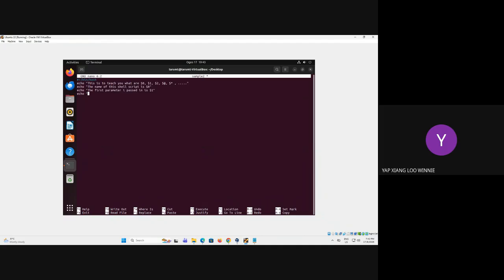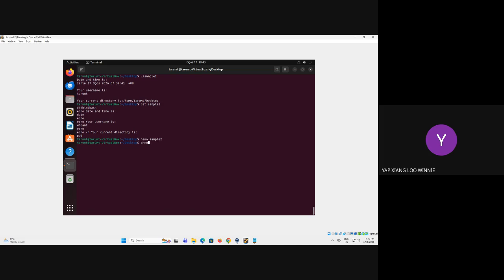Echo the second parameter I passed in is $2. And if I want to get the third one, I just simply type the third parameter is $3. Okay, so I'm gonna save this one, and I'm gonna chmod plus x with this sample 2, and let